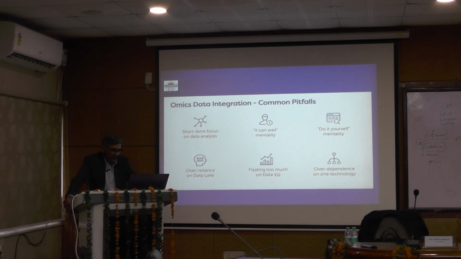First problem they identified with these publications was too much focus on data analysis, using complex formulas to prove that you are